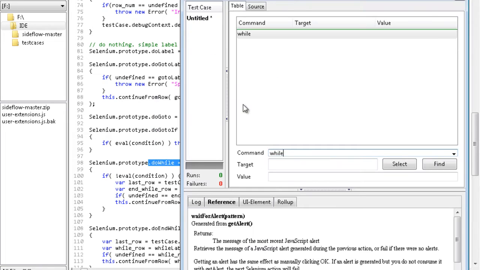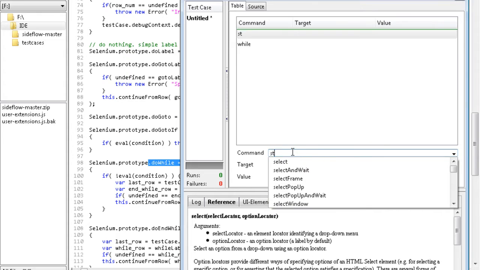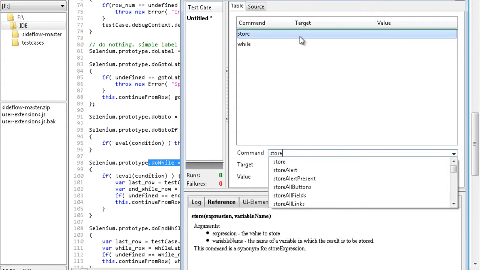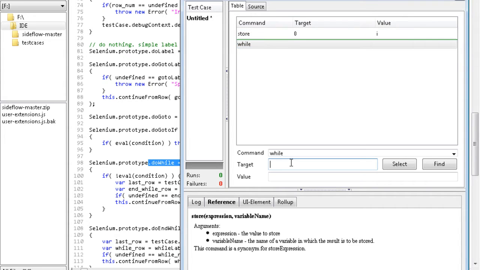To implement this you'll have to first store a variable, because a while loop works on a variable that has to be incremented or something. Store say 0 in the variable I. So in the variable I have stored 0, and I'll write a while loop with the condition $I is less than 10. So you're giving this condition that till the time the value of I is less than 10, you have to print the value of I,